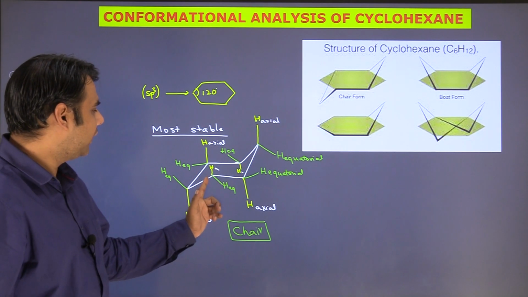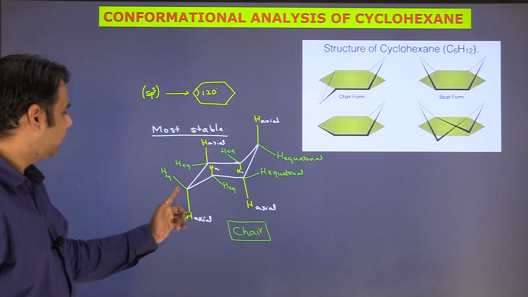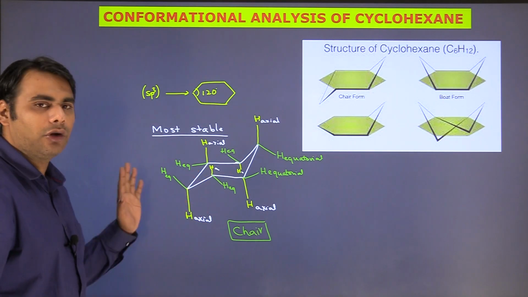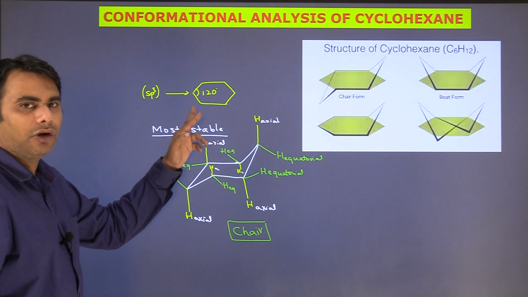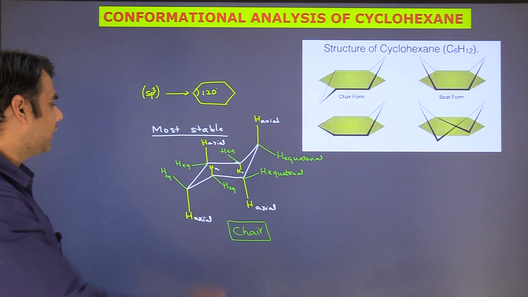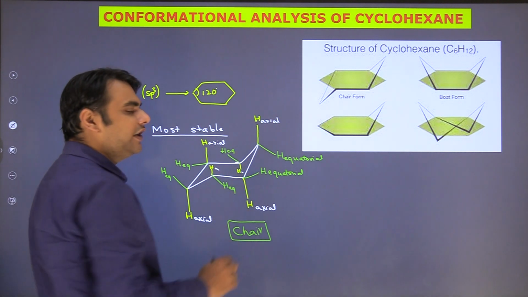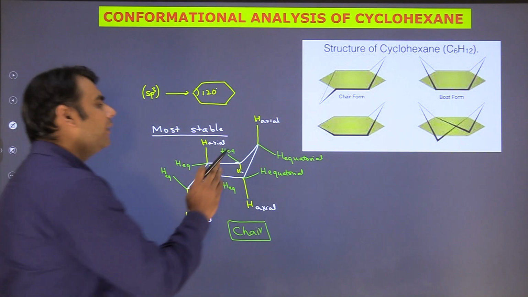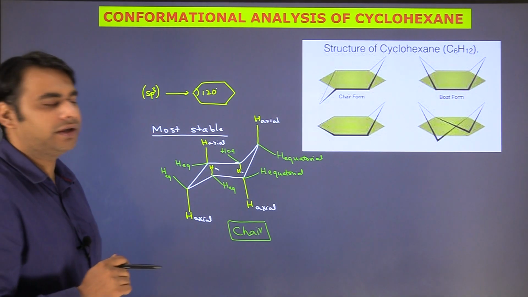Then the adjacent carbon will have a hydrogen going in the same plane but in the opposite direction. Then in the adjacent carbon again there will be an axial bond going in the same plane but directed opposite. And similarly the next carbon will have axial bonds in the opposite direction in the same plane. And similarly then you can draw the equatorial. So each adjacent CH bond is opposite to the other. The only thing that you should understand over here is that the axial bonds are in the same plane whereas equatorial bonds are not in the same plane.